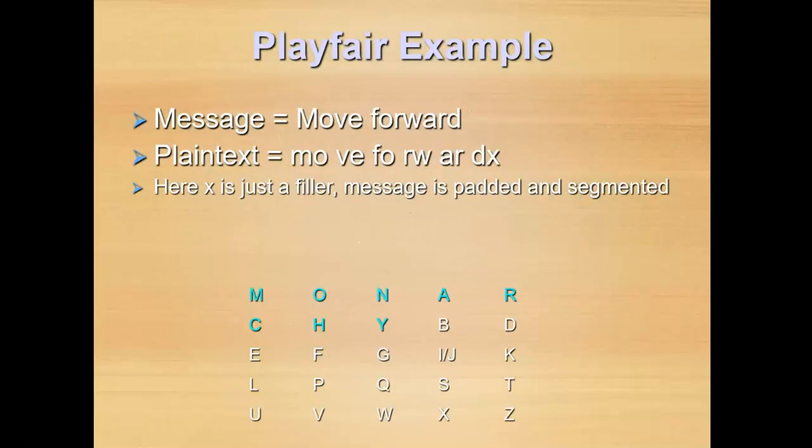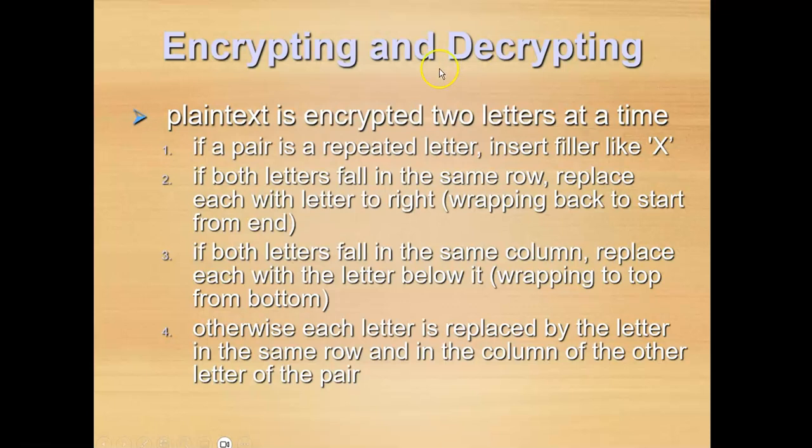now the message is moved. Let us see how to fill this. X is just a filler. The message is now this, the actual plain text is move forward, and X is just a filler. So the concept is given here. We are going to encrypt by 2 letters at a time, and if a pair has a repeated letter, insert filler X. So what we are doing here is checking if both the